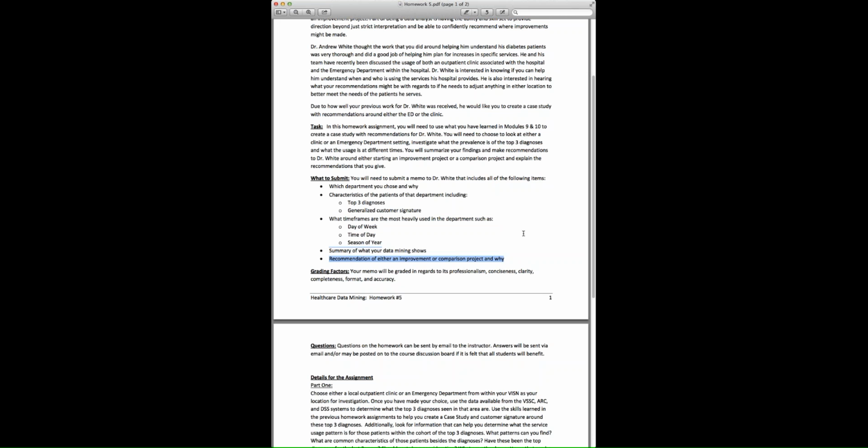So make sure when you are reviewing your what-to-submit list and comparing that to your memo, please don't forget about this last bullet, because it's easy points that you need to specifically identify. I recommend an improvement project, or just improvement. I recommend an improvement project because ABC, or I recommend a comparison project between my facility and XYZ facility because blah. So please, a lot of people get the why and then forget to tell me what kind